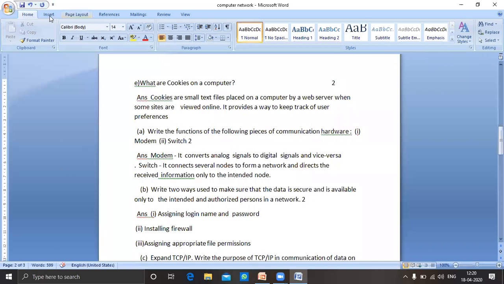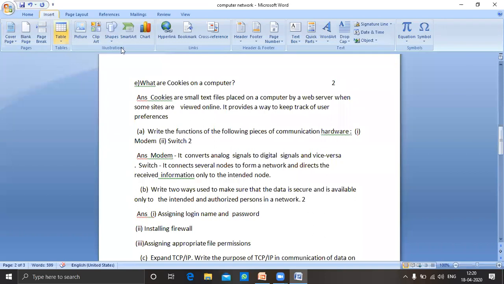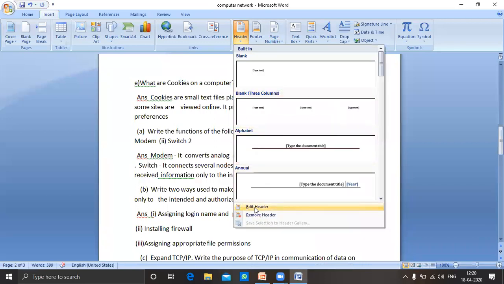So to insert headers and footers, we will click on the insert tab and then click on header. If you want to insert the header, click on header. It's taking some time. Similarly, you will give the header here, edit header.